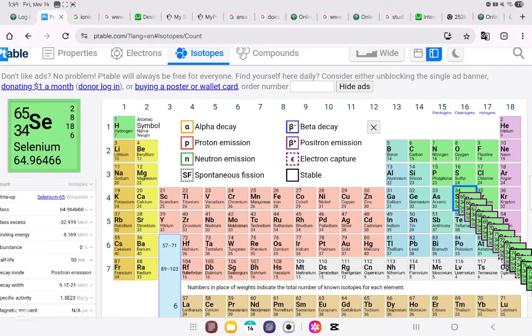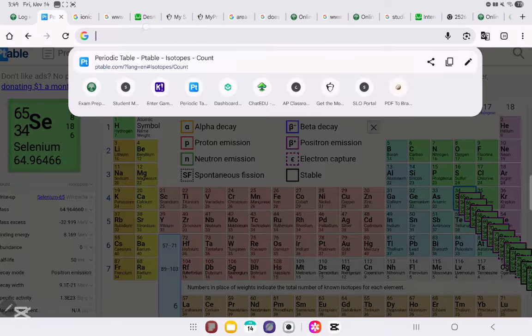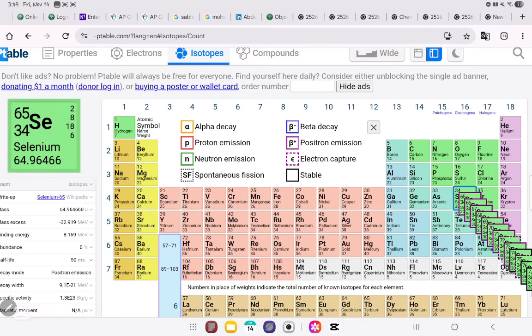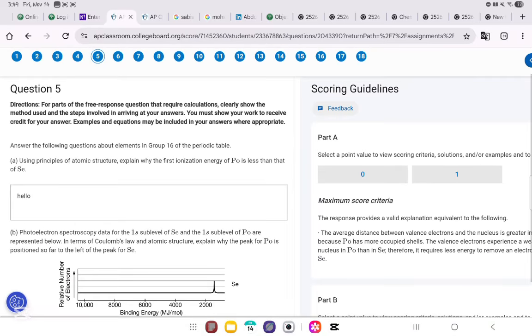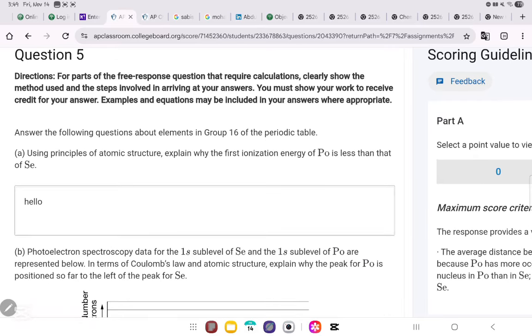So they want us to compare using what? Using the principles of atomic structure, why the first ionization energy of Po is less than that of Se. First of all, we know that Po and Se are in the same group. Now, although they are in the same group and atomic number increases, so first thing we say is although nuclear charge or atomic number increases,